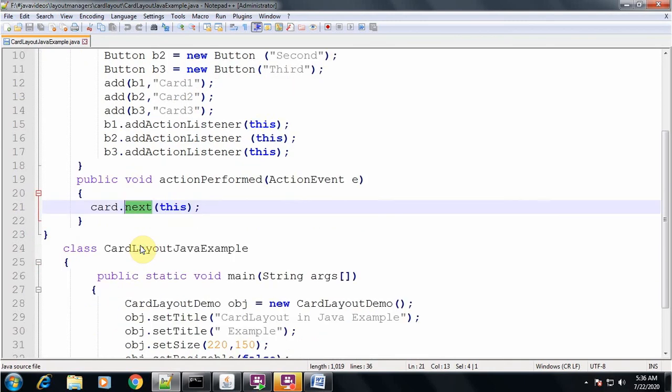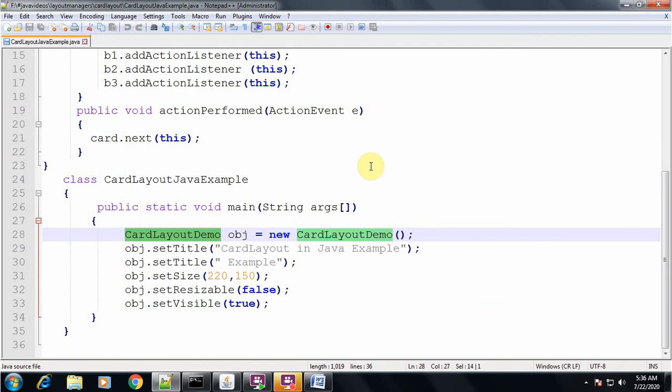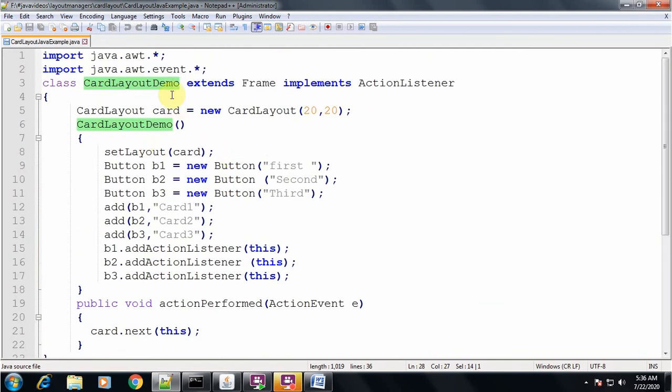Now what we have got is the main method class. I am calling it CardLayoutJavaExample. In the main method, public static void main, the first step is creating an object of CardLayoutDemo.